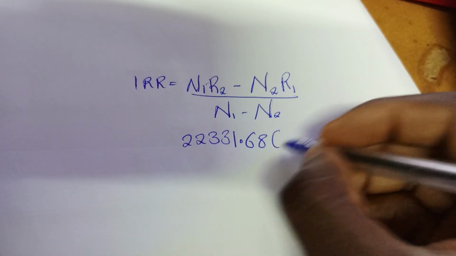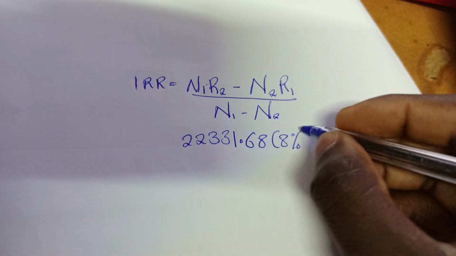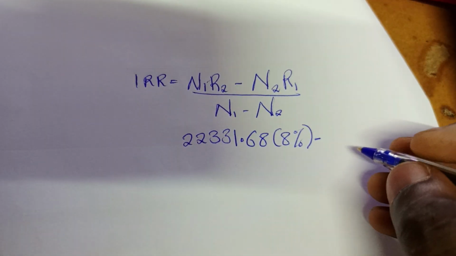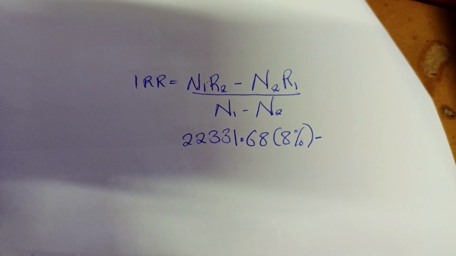Then the rate you used secondly was 8%, minus the net present value for the second one you got is